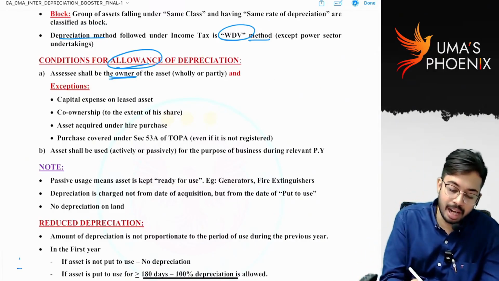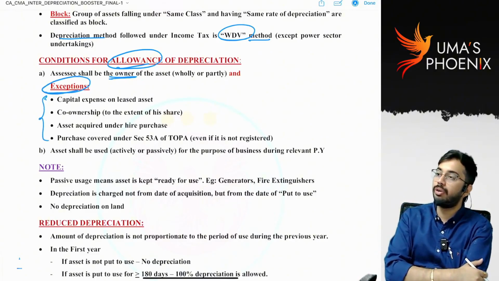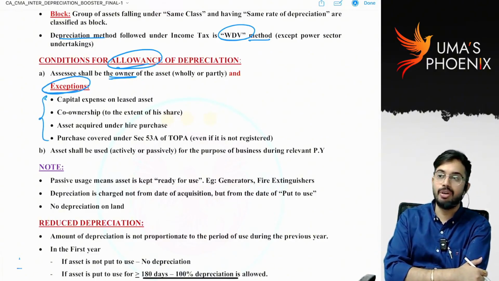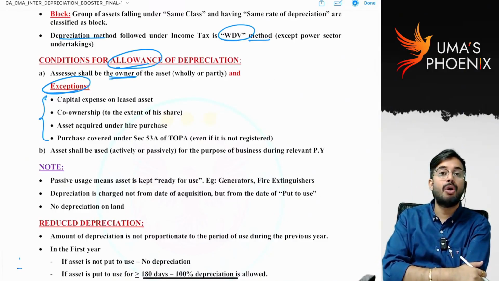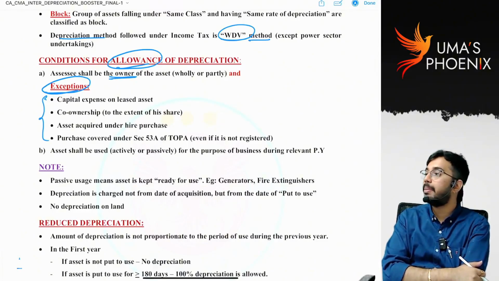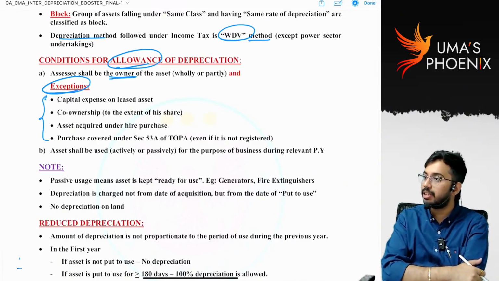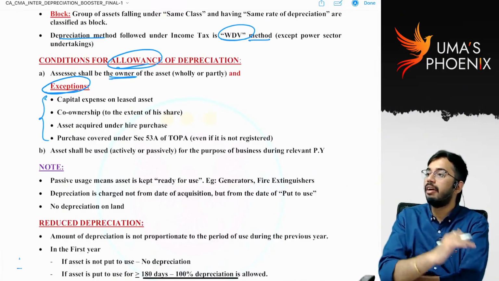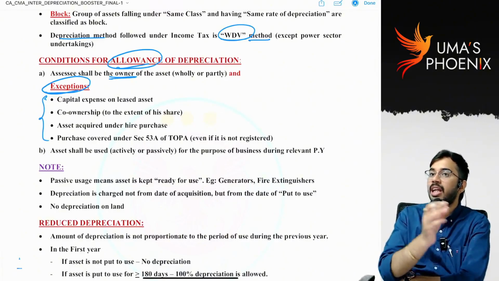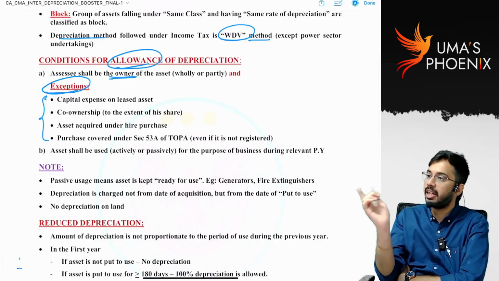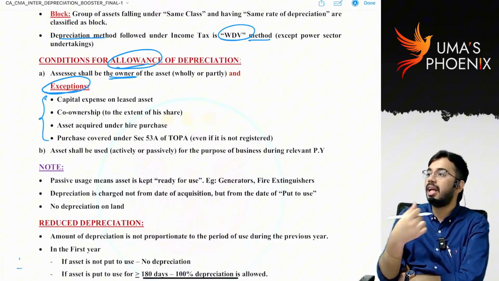Now, however, there are exceptions. That means in these four cases, even though he is not the owner, still depreciation is allowed. First, hire purchase. You all know, in case of hire purchase, ownership will be transferred upon payment of the last installment. Let's say I purchased a car on finance basis. Finance period is 5 years. Every month I will pay EMI, equated monthly installment. So at the time of purchase I am not the owner. Financier is the owner. After 5 years, if I repay all the installments, then I will be the owner of